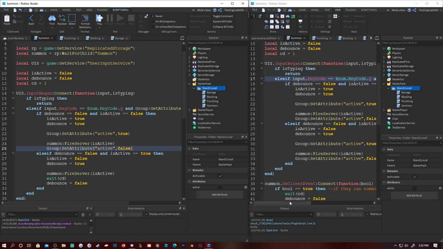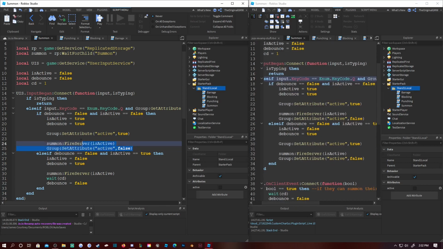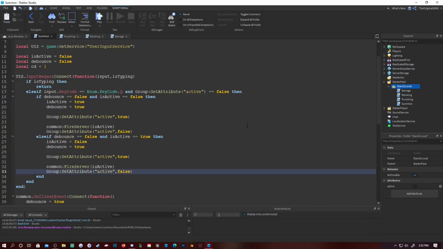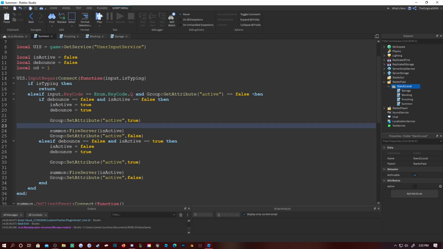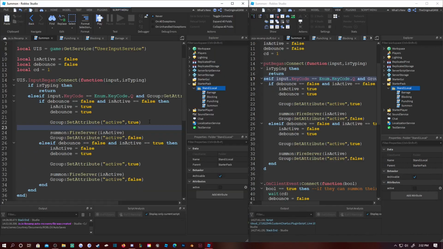Then you can do the same thing by copying this and removing the bottom 3 right here, and pasting that. This is what it should look like so far. You can pause the video at any time. So yeah,